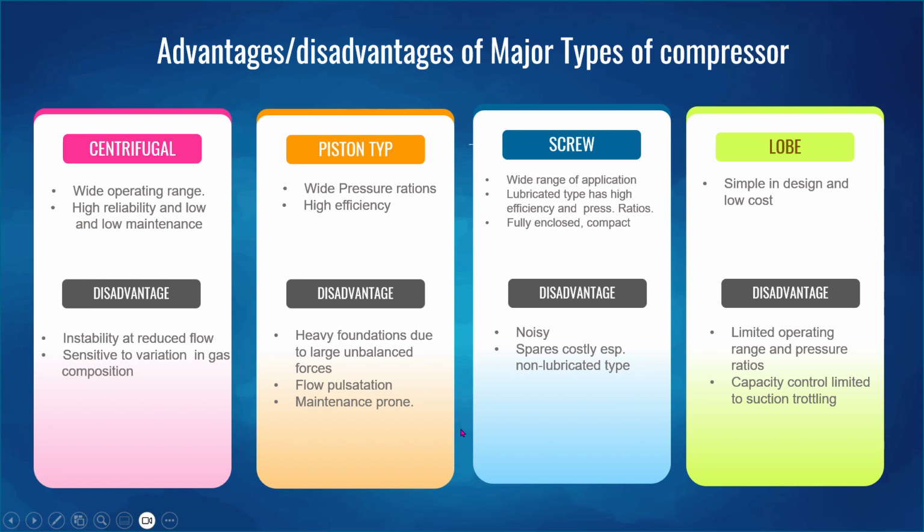So these are the major types of compressor. The advantages and disadvantages I have already told you. If you go through these slides, your concept about the types of compressor will be clear: when you are going to use the centrifugal compressor, what is the advantage and disadvantage, the reciprocating compressor, the blower type compressor, and the difference between fan, blower and compressor are clearly defined. So if you go through the slides, your concept will be clear. It is very simple and